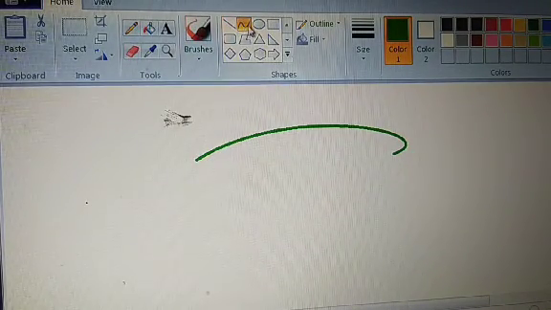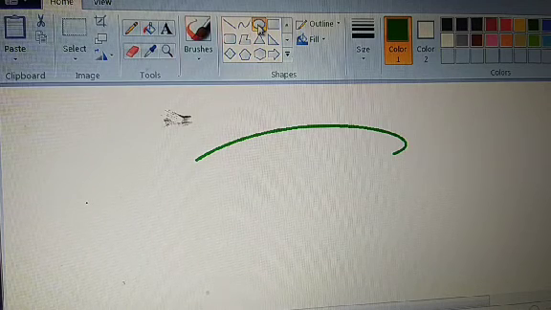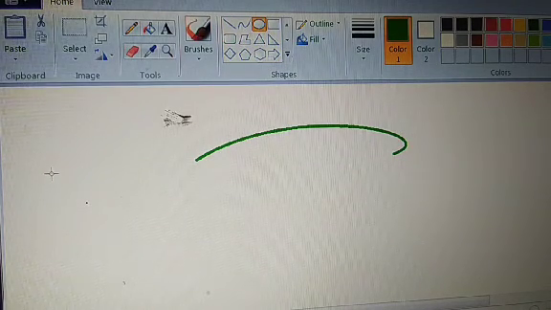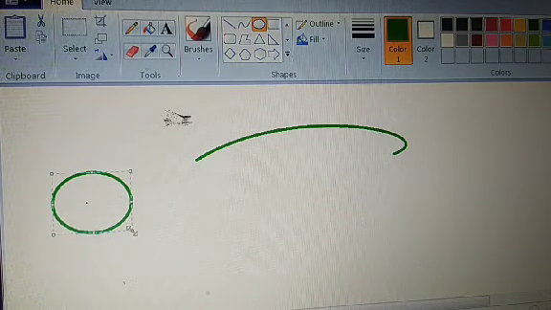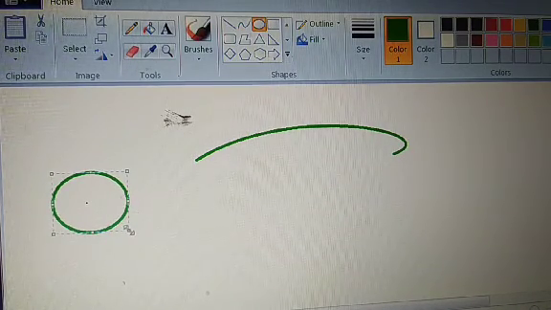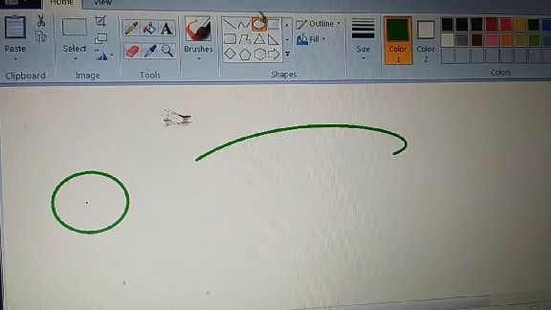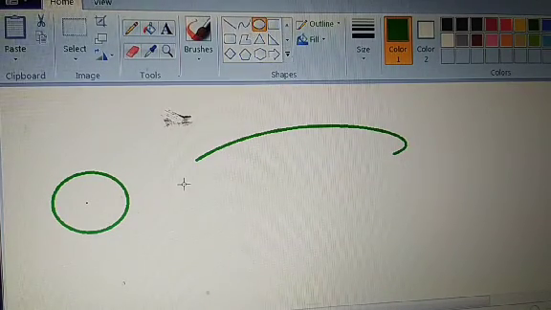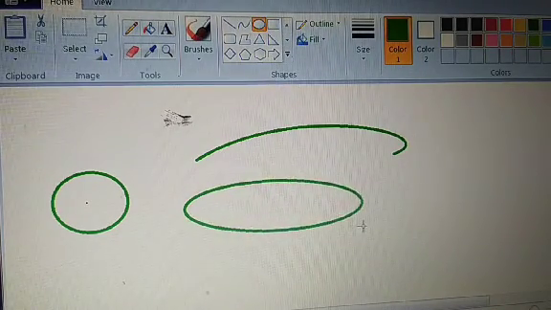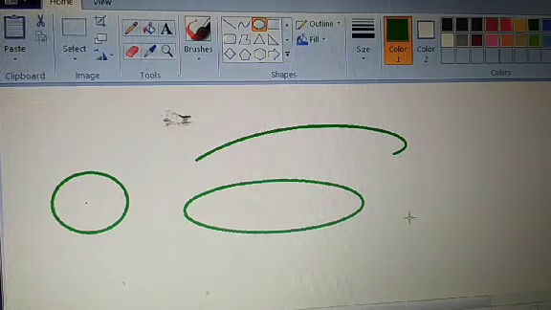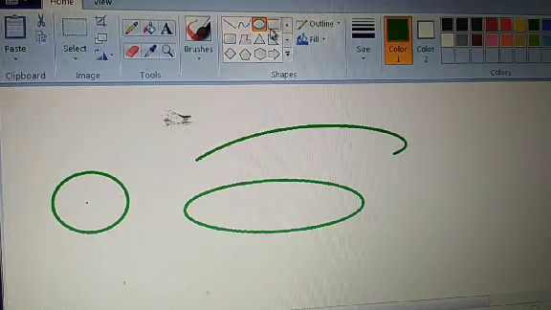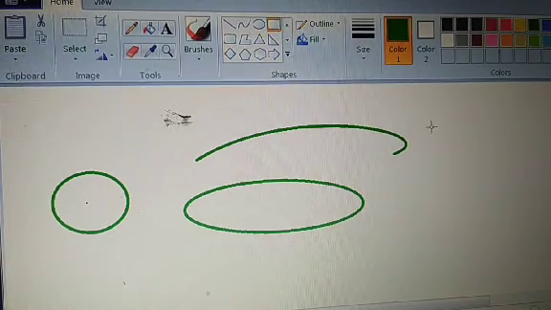Now this one, oval, is used to draw a circle and to draw an oval, horizontal or vertical. Now this is the rectangle tool.